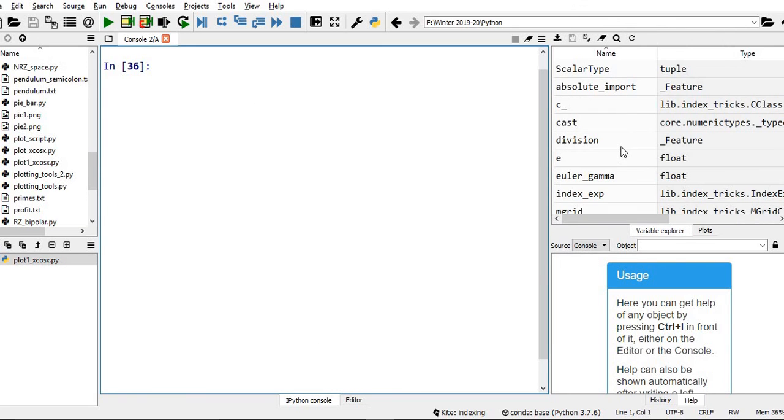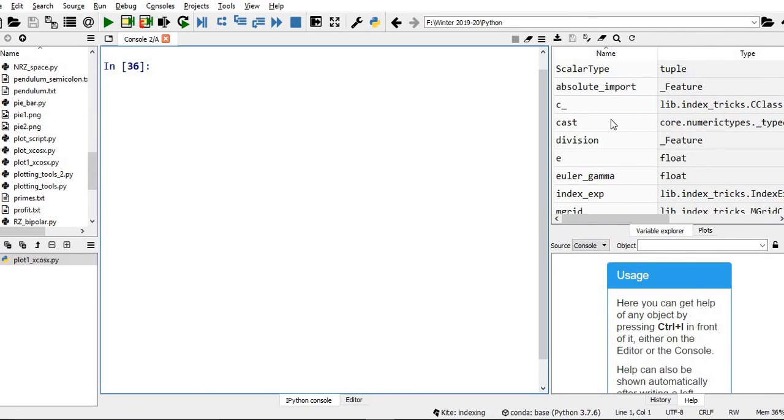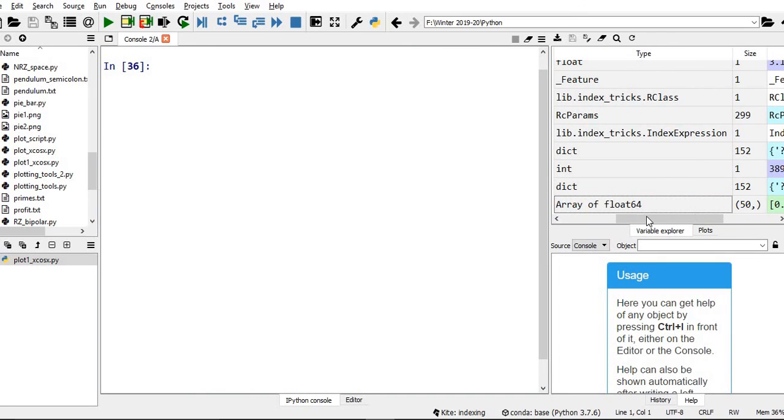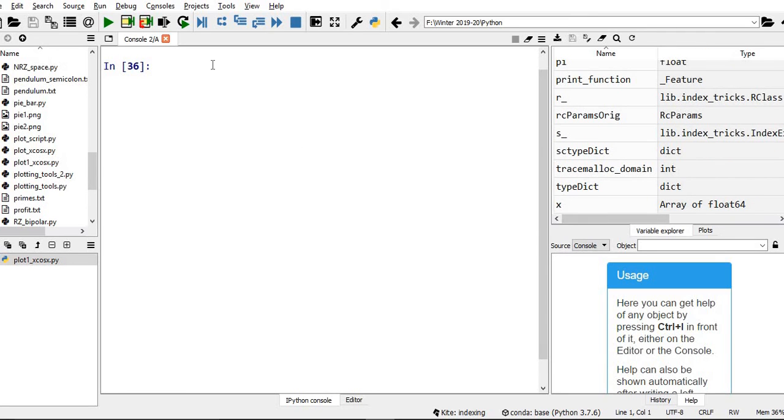But if you go and see the variable explorer, all those values we have discussed are available. Finally we have discussed this x, an array of float64, totally 50 values. All those things are available. So clear only clears the console, not the variables.